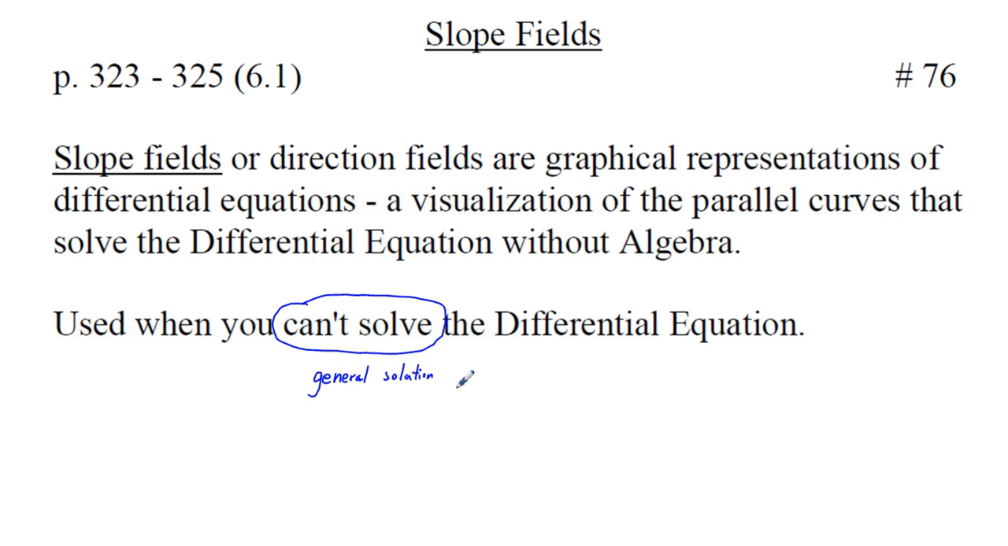And then if we are given a boundary condition, like a specific point, let's say we get a point that's on the curve of (0, 1), we can substitute it to create a particular solution. And if we do not have this, we are unable to go from a general solution to a particular solution. So what a slope field is, it's a graphical representation of the general solution of a